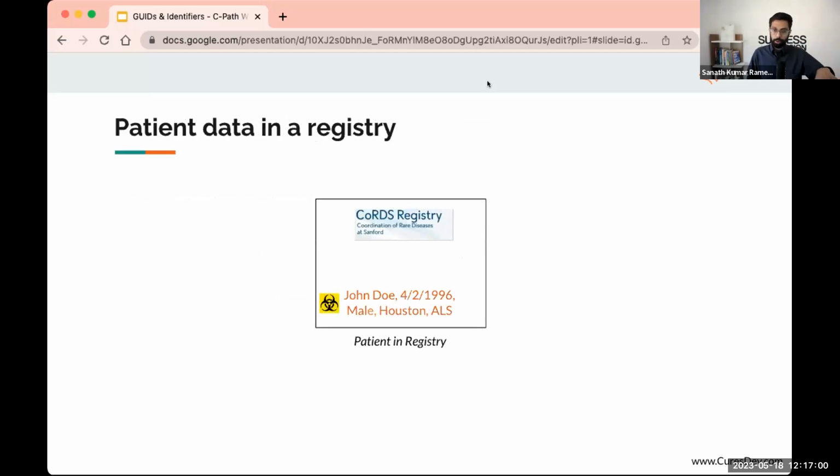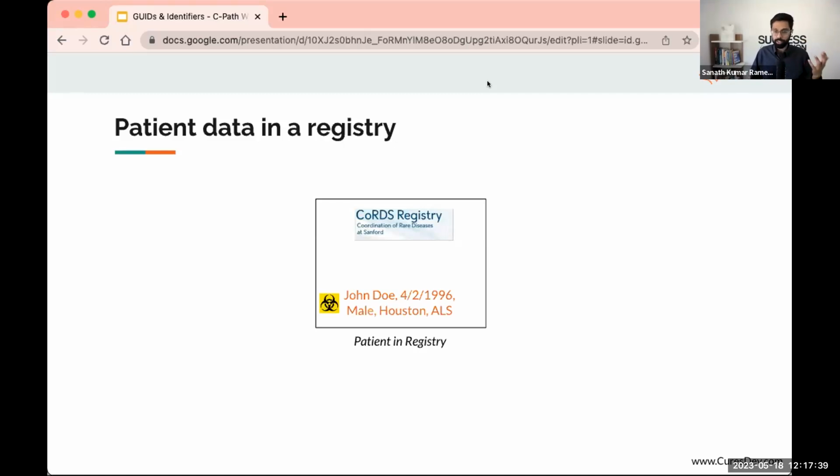There's information about this person in the registry, and I call this radioactive waste. You don't want to touch PII at all, personally identifiable information. That would be name, date of birth, gender, anything that can really uniquely identify a patient. And in the rare disease space, where you only have, say, 50 patients in a disease, you can very easily identify with just the first name, right? If someone says, oh, I know patient Raghav with the disease SSMD, that's my son. You don't even need anything else, right? And that's how sensitive this information is.